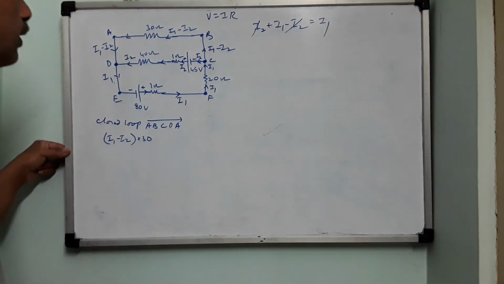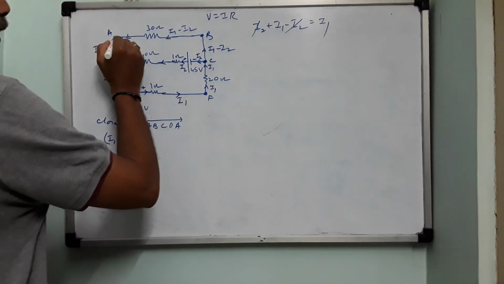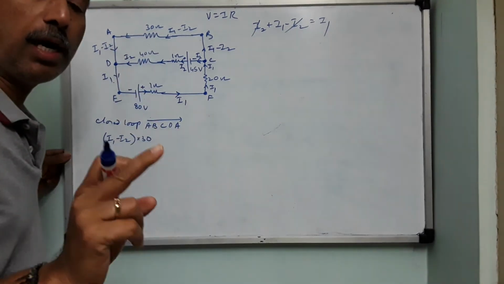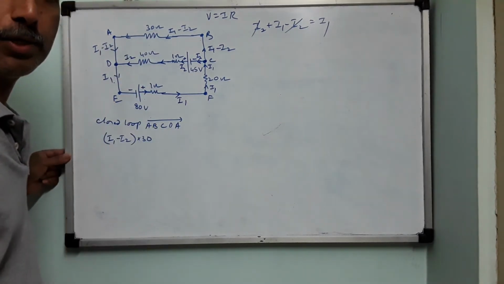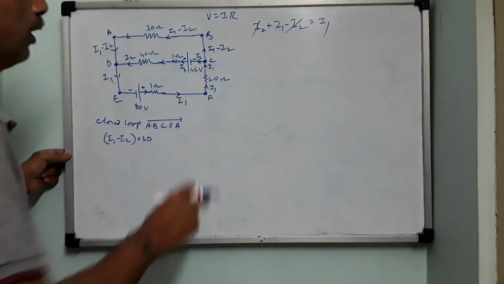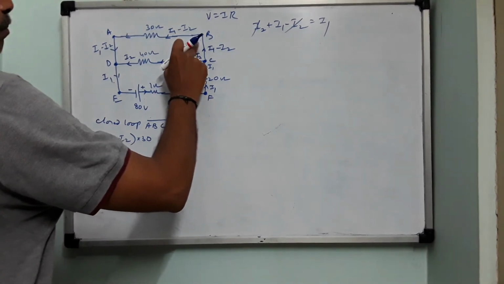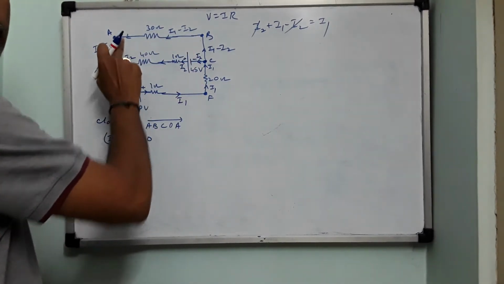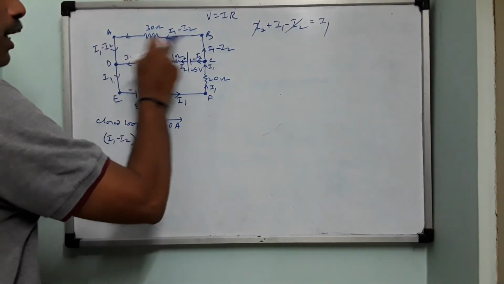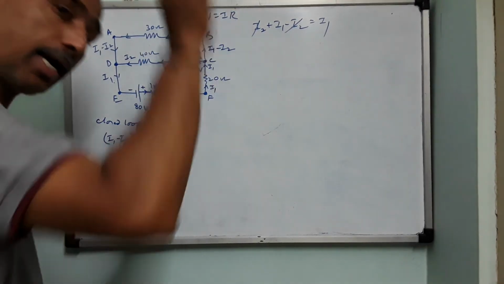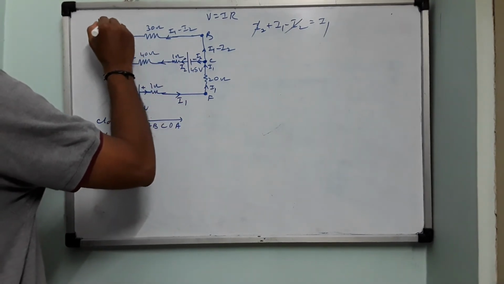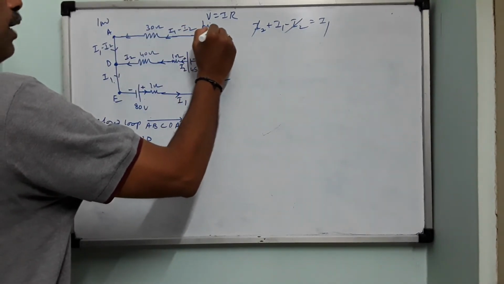Now we adopt the sign convention. As per this diagram, current is going from B to A. Current always flows from high potential to low potential. I repeat, current always flows from high potential to low potential. Therefore, potential at point B must be greater than potential at point A, as per this diagram. Whether it is correct or not, we will say at the end. So this is a low potential point and this is a high potential point.